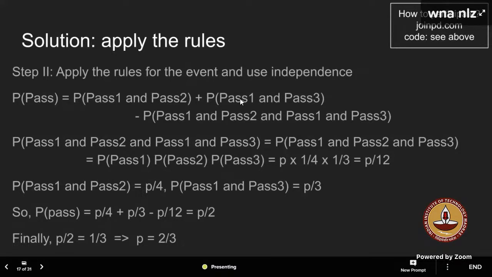Independency, we'll check it when we have a condition. Let's say, like in the first case, we are trying to find out pass 1 and pass 2. That is, I have passed in the first section. Then what is the probability that I will also pass in the second section? So because they're independent, we have just multiplied them. But this is altogether a different event. But for both the events, we have a pass 1 section. So there will be some common parts. So according to set theory, we can do A union B, that is A plus B minus A intersection B, right?